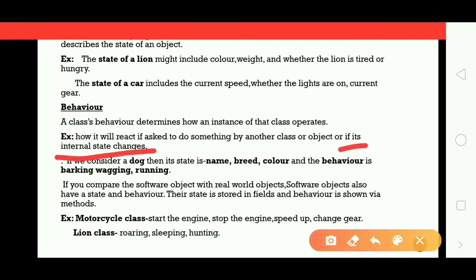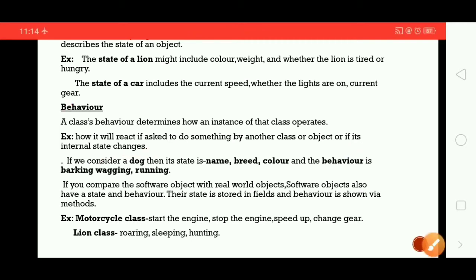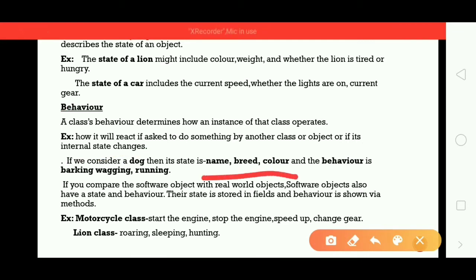If you change to true, how it reacts, and if you change to false, how it reacts, that shows the behavior of an instance. If we consider a dog, then its states are name, breed, color. These are the states. Behavior is barking, wagging, running.